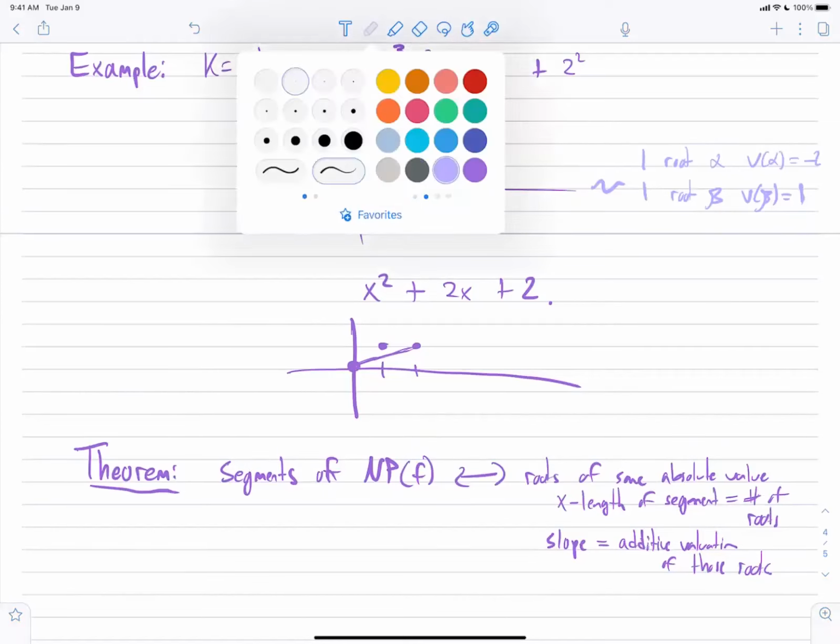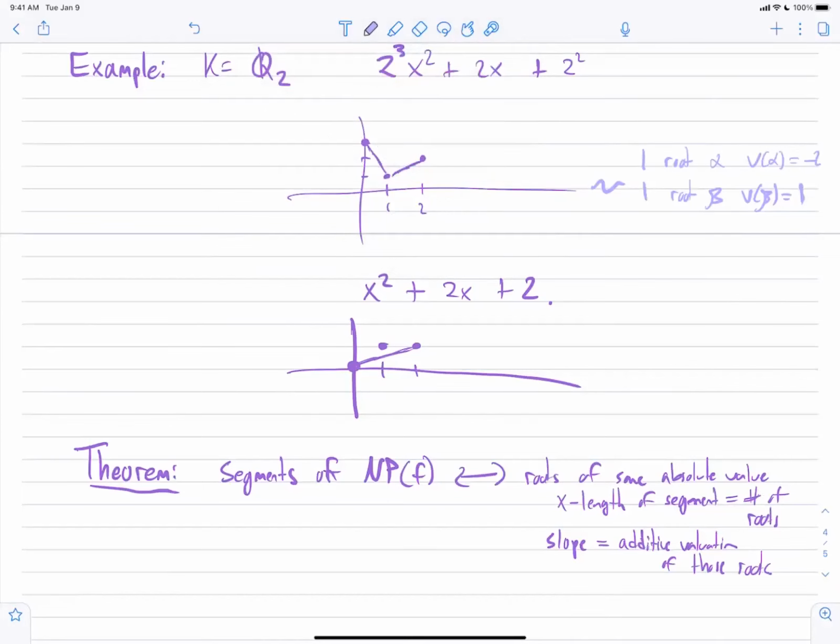Okay, so similarly here, we just have 2 roots alpha with the valuation equal to 1/2. And so this actually tells you this polynomial has to be irreducible. It's not just because there's one segment. If you have one segment with integer slope, then it may or may not be irreducible. Here, though, the slope is 1/2,